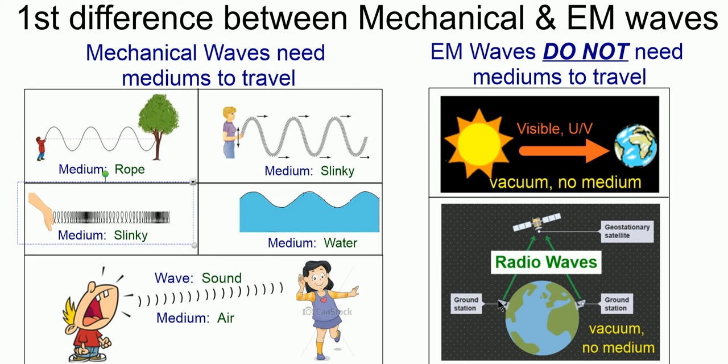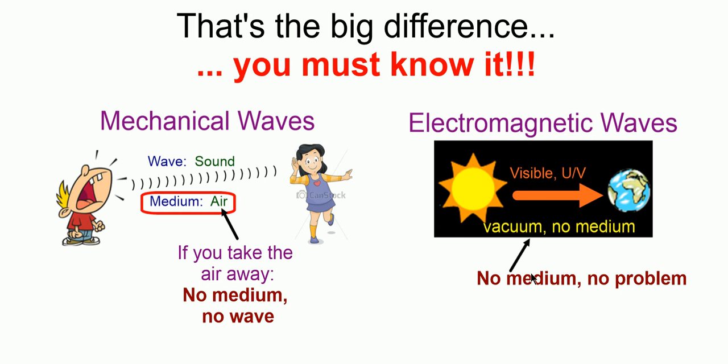Another classic example is communicating with a satellite via radio in outer space. The waves here are radio waves, EM waves. But here we have the emptiness of space, a vacuum again, no medium, and those waves can travel through. So there you have it, the first and the most important difference between an EM wave and a mechanical wave,